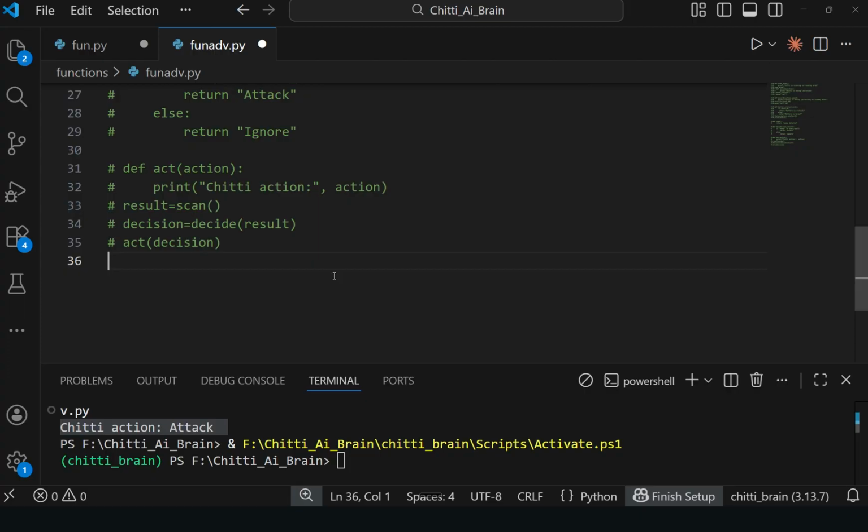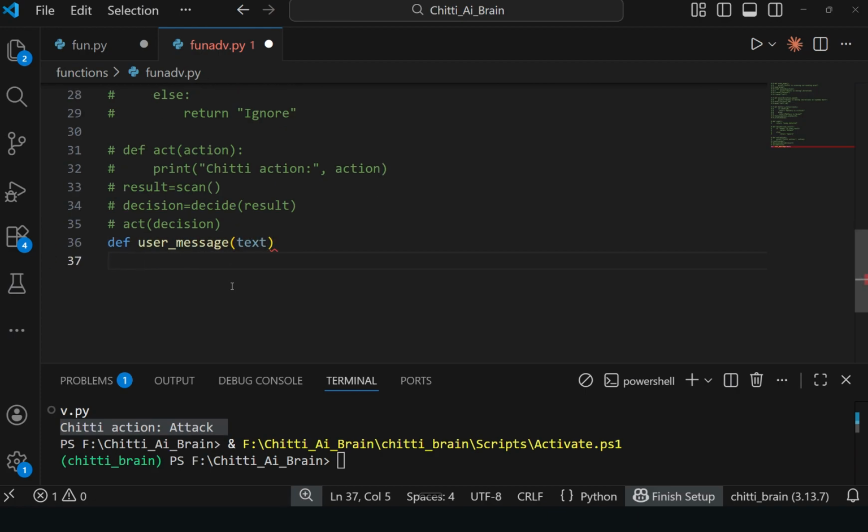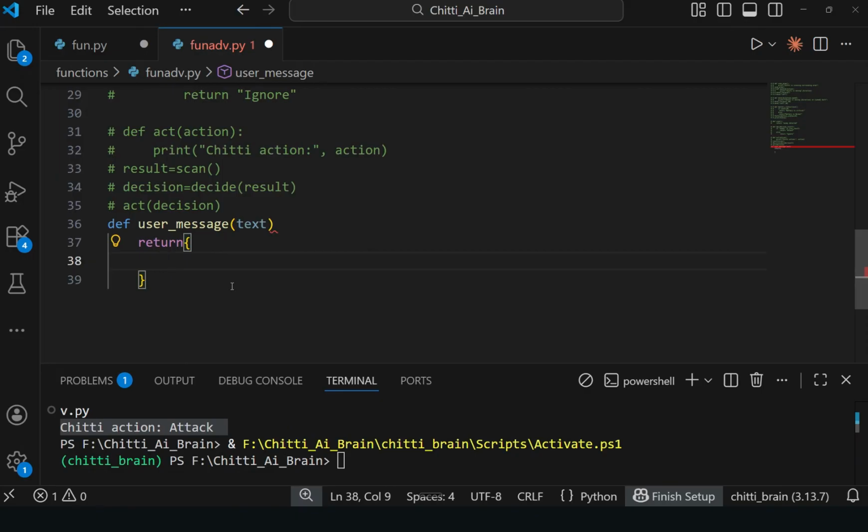Let's see some basic program for the user. Suppose def user_message takes text, a text variable, and here you have to return the role. This is a dictionary we are forming.